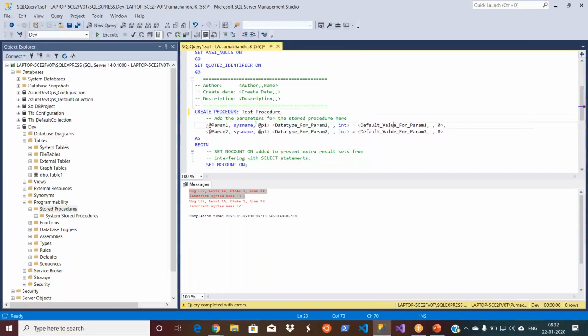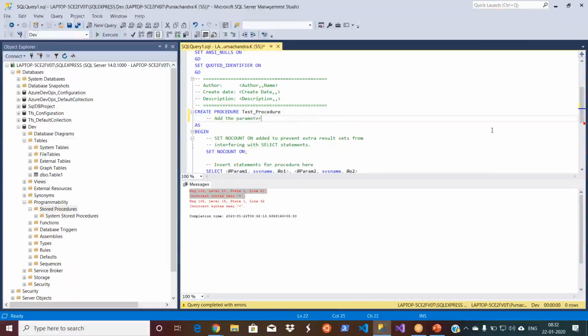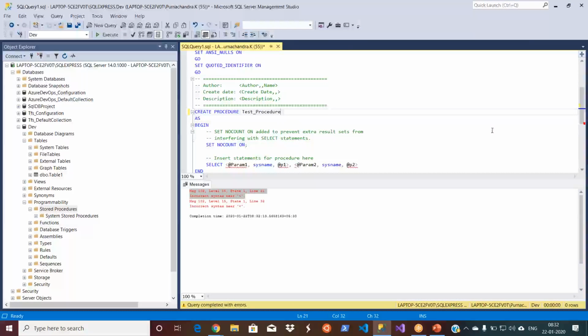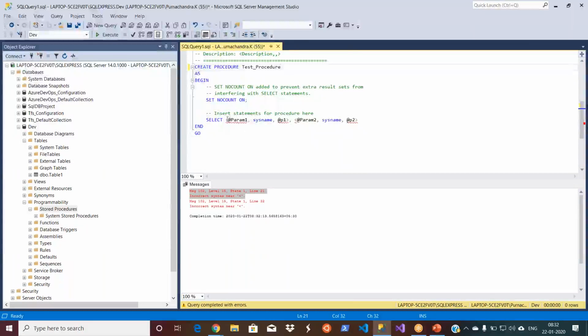Okay, and then let me delete these parameters. I don't want any parameters, just for demonstration purpose, right? Let me delete this. That's it. Then is there any? Okay, I'll simply say